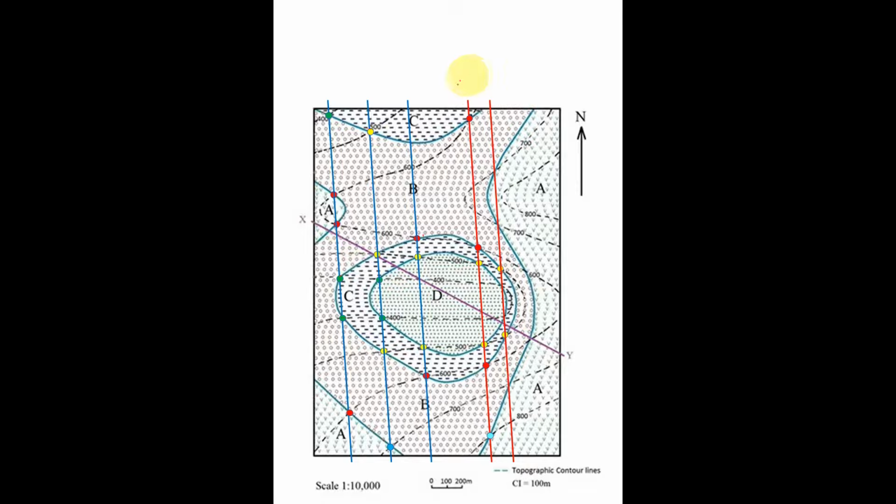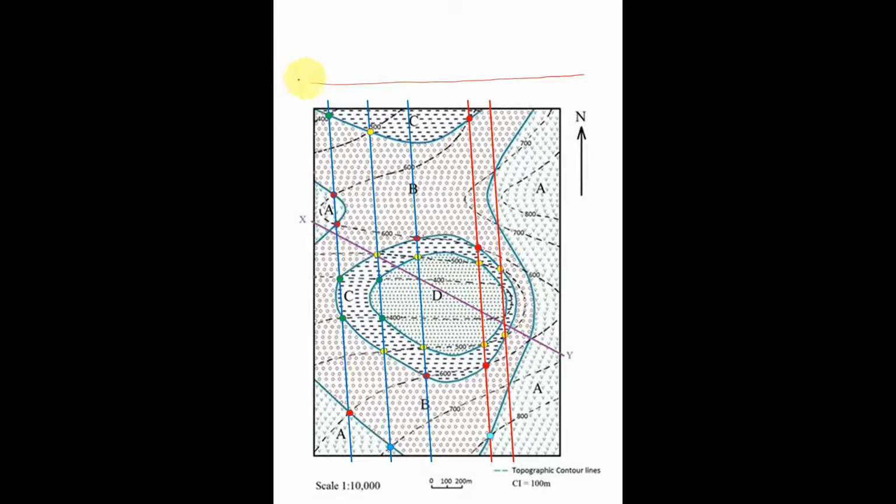Now what is the reason? Let us say that I want to plot a graph. Whenever there are strike lines which are parallel but the spacing is changing, it always means that the dipping angle is different. So the dipping angle on this side is different and the dipping angle on this side is different. I'll just show it to you.